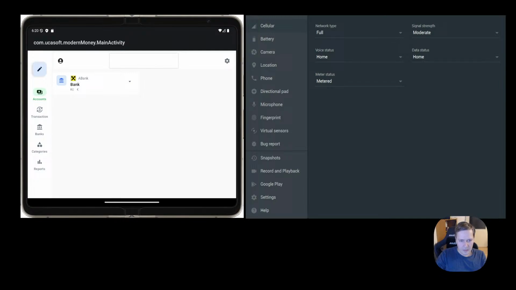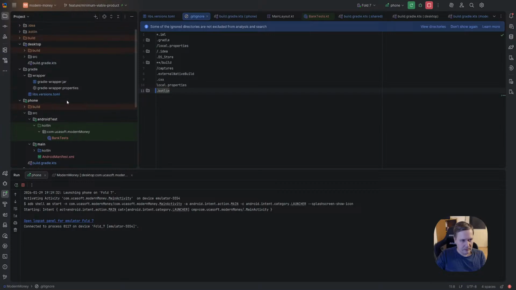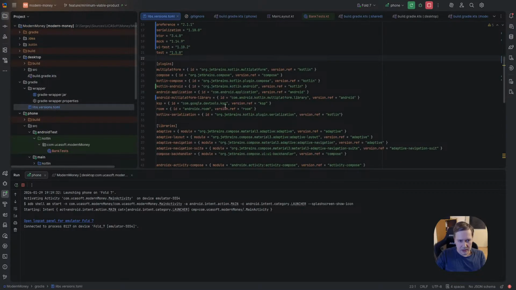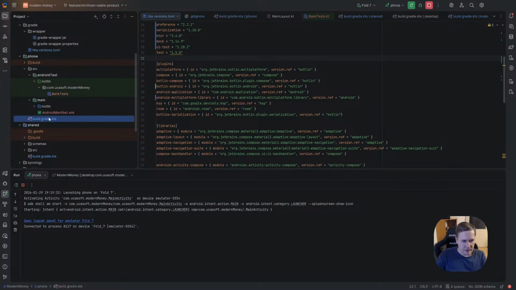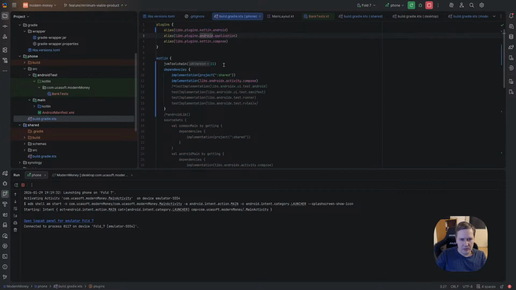Okay, so let's switch back. I just need to clean it up. Do we use Android application? I hope so. Yeah, we use Android application.